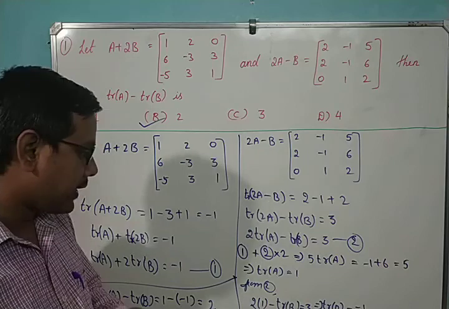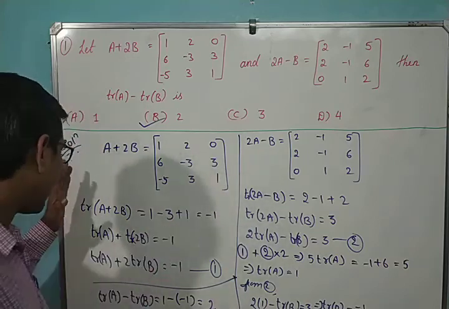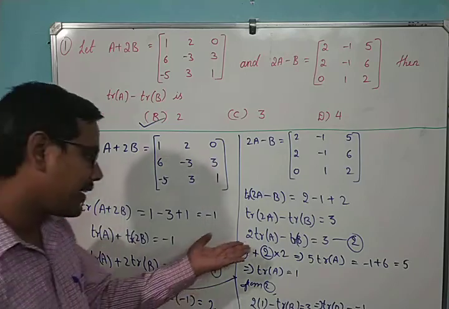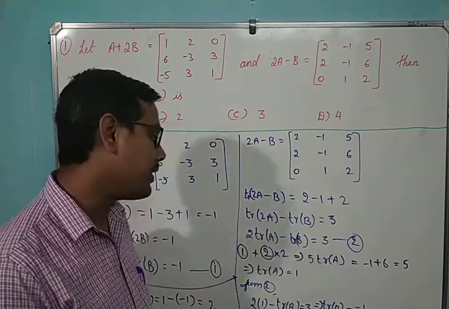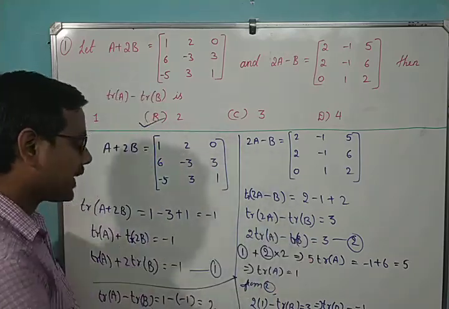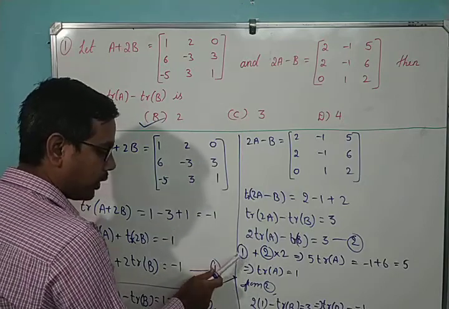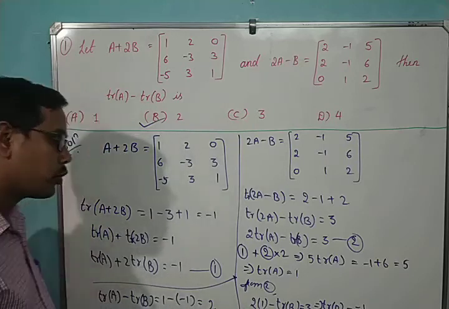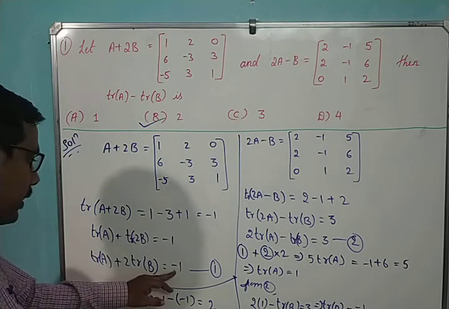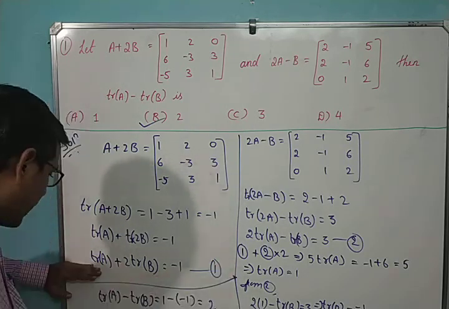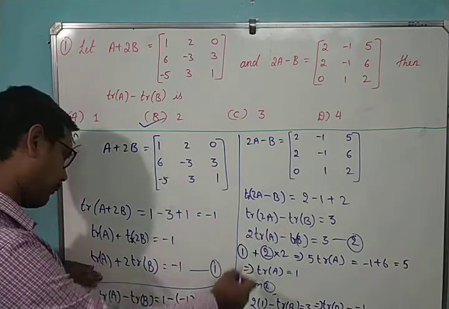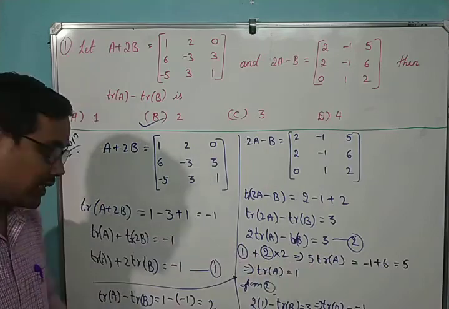Right? So here first we are directly applying the trace. Then here I got trace A plus 2 times of trace B. Here I got 2 trace A minus trace of B. Right? Those values I got. So then I use this particular form, equation 1 plus equation 2 into 2. So 1 is what? Minus 1. So equation 1 is trace of A, 2 times of trace of A, 5 times trace of A.